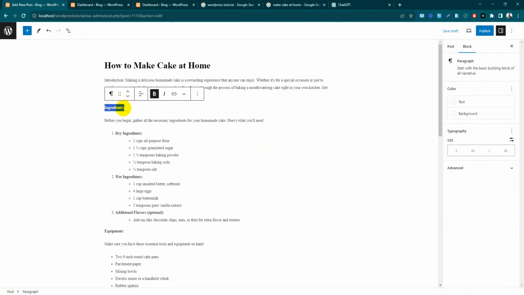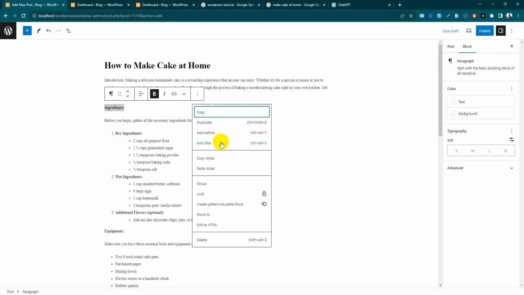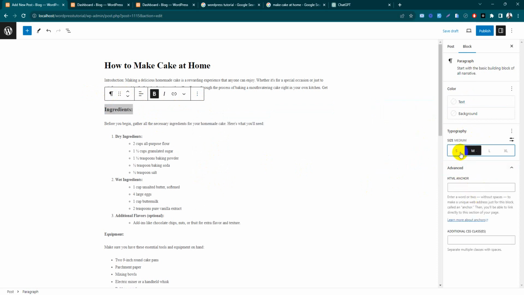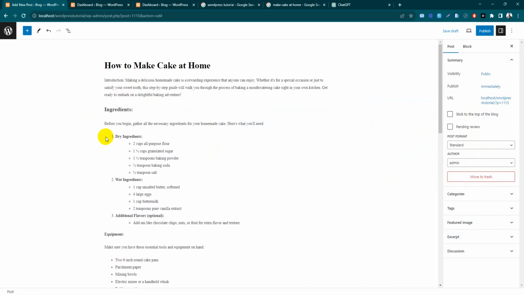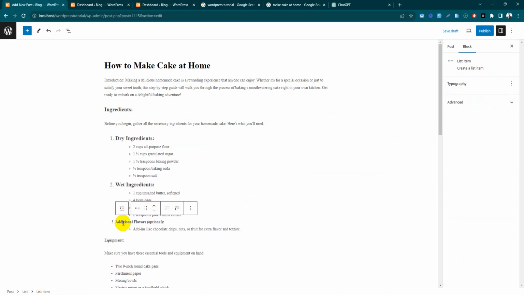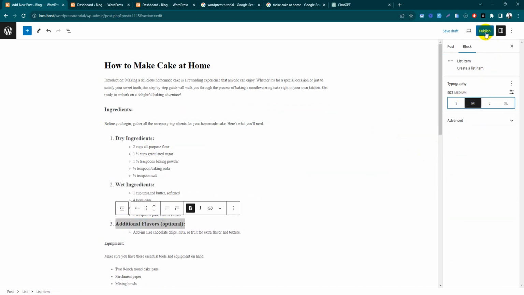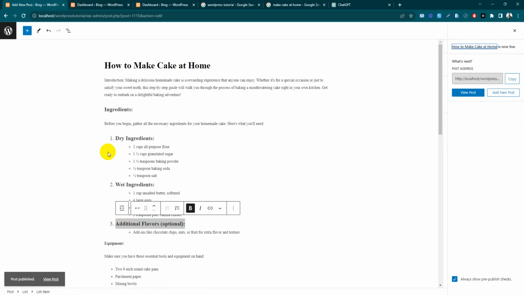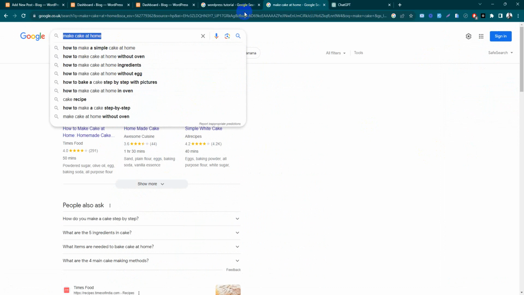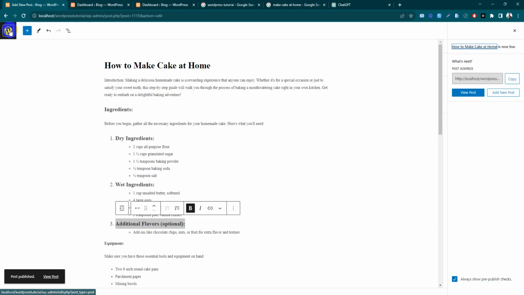I have already generated it, so you just click here, and this is bold text, and you can change it here. Styling of your text includes text color, advanced options, typography, medium, large. So you can also style your text something like this. When you are ready, you need to publish your post. So this is our first step. We have decided our title, and now we are creating our post related to our topic. So our next step is